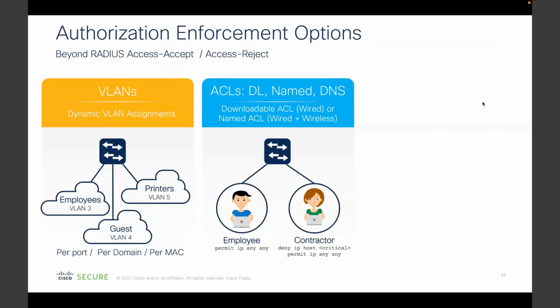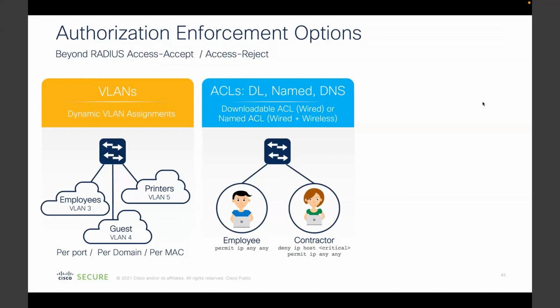And so we had to implement DNS ACLs in wireless. But just recently, I believe it's in iOS XE 16.9 or so, they implemented DNS ACLs for switches. So that's a really cool thing if you want to be able to do that. The reason why ACLs are nice is